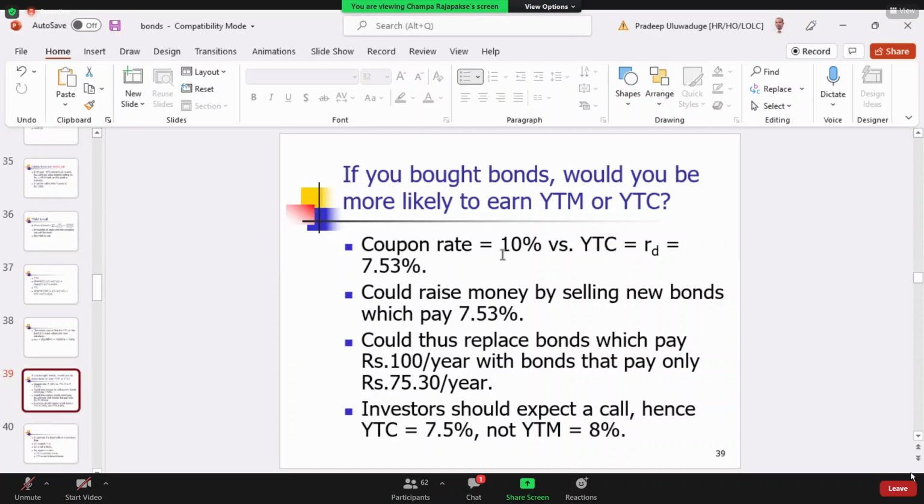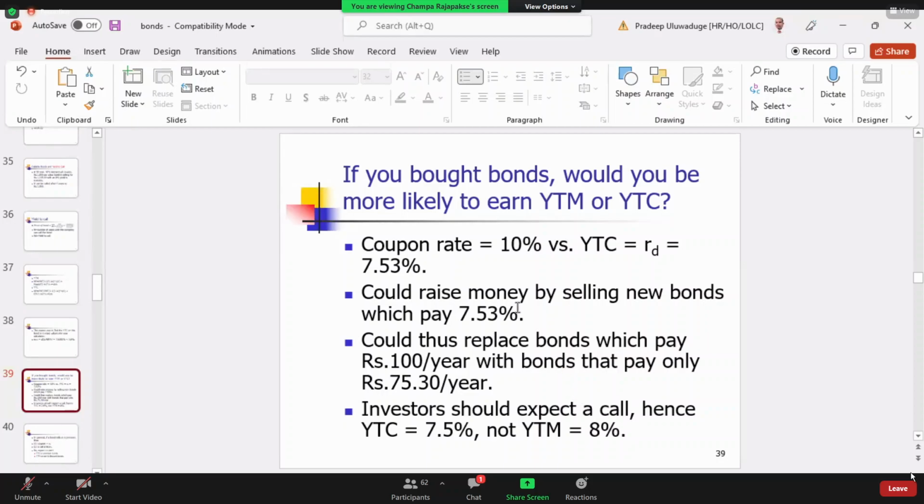So if you call and redeem those bonds, you can resell or reissue new bonds at 7.53%. Right? So the company could thus replace bonds which pay 100 a year. If it is 10%, you have to pay 100 rupees on a face value of 1,000. So replace them with bonds that pay only 75 and 30 cents a year. Right? So investors should expect a call. So there will be a call most probably,